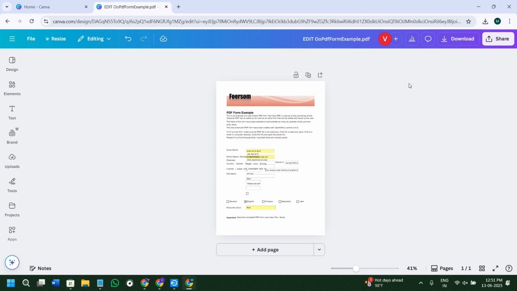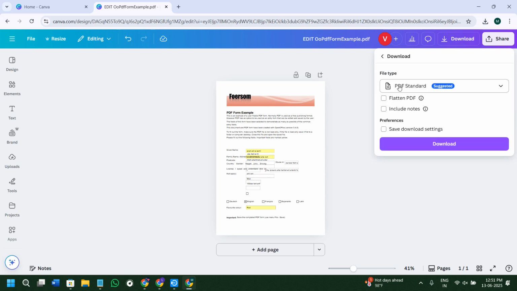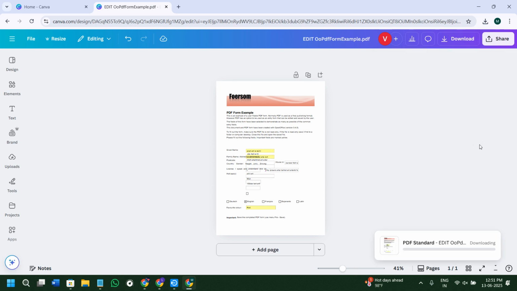So once you are done editing your PDF, you will have to simply click on the share option in the top right hand corner, then click on the download option and make sure that the PDF file is set as the PDF standard. Then click on the download option and you will be able to basically download the editable file